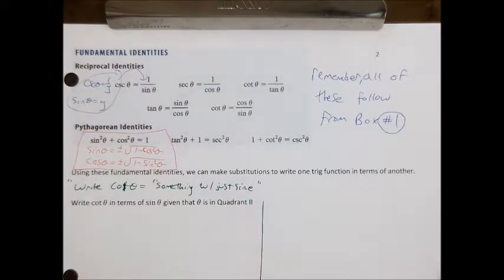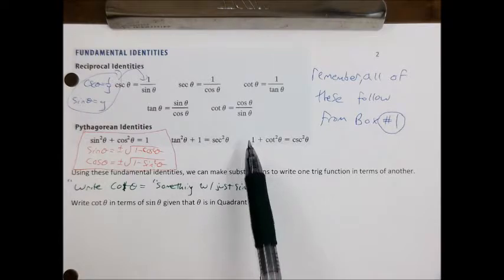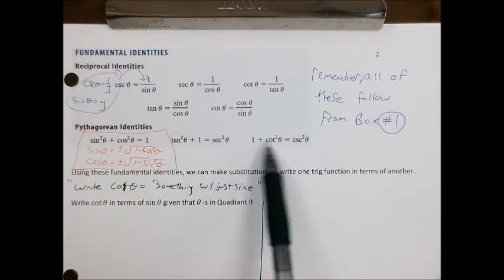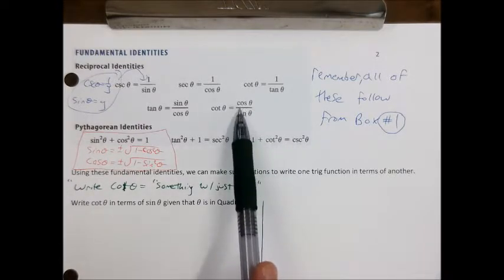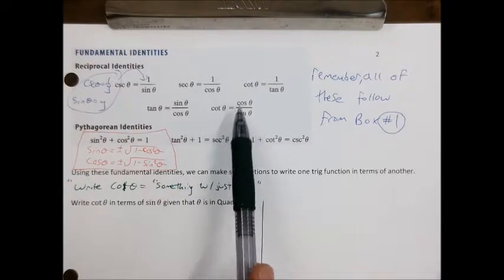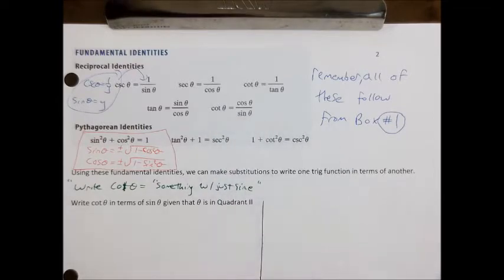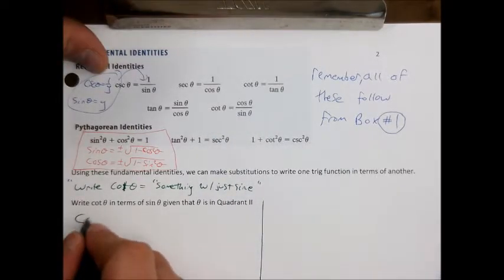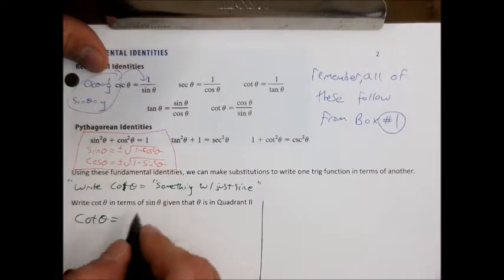And so when we're looking at the table here, there aren't too many ways we can relate cotangent and sine, right? Like this has a cotangent in it, but no sine. And so this one is a good option because it has cotangent and it has sine in it. We just need to think about how to get rid of cosine, but that's a good start, right? It has both the things we want in it, and so we would start by writing cotangent of theta equals